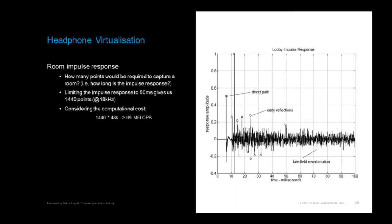All right, so we have an impulse response for a room. It includes the direct path that happens directly from the source to the recording point. You've got the first big echoes that come off usually the floor right in front of you or the wall closest to the speaker. And then you've got...